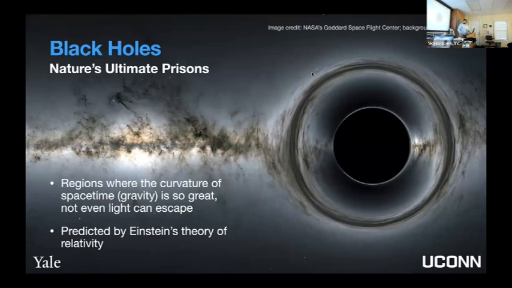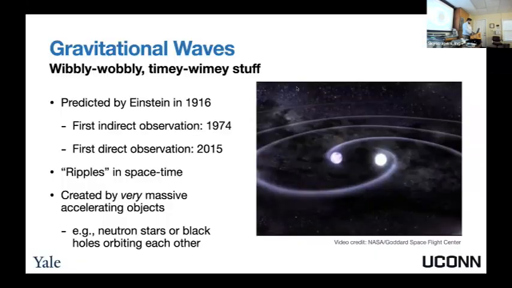These have been predicted by Einstein's theory of general relativity, and we have a few different lines of evidence for them. One of those lines of evidence comes from some of the gravitational waves that you've maybe heard about before from LIGO. We've seen black hole binaries, not supermassive black hole binaries in this instance, via their gravitational wave signatures. So gravitational waves themselves are basically these ripples in the fabric of space-time.